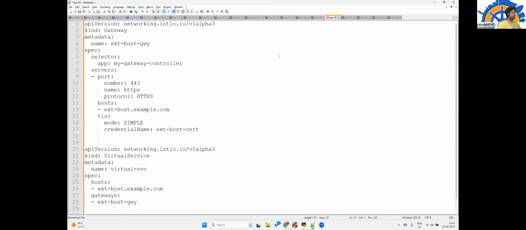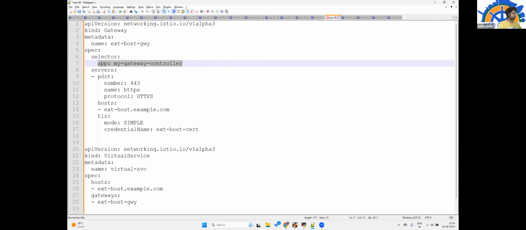Gateway is one more CRD, mostly for the border of all the traffic which is coming into the mesh or going out. All those configurations can be done over here. This is the selector, and this is the app to which this will be applied.